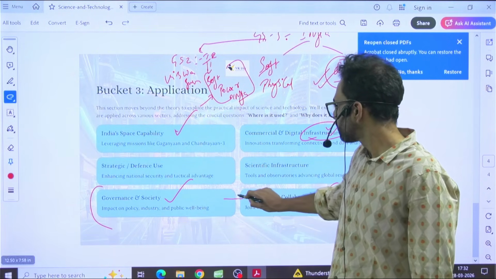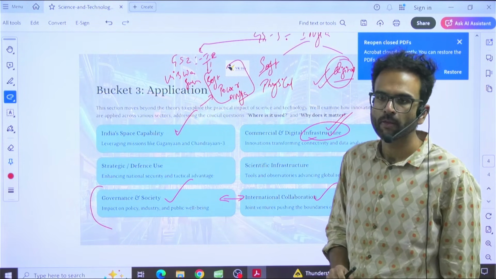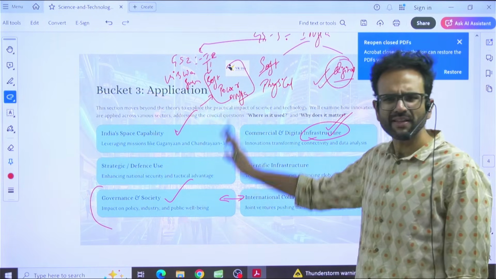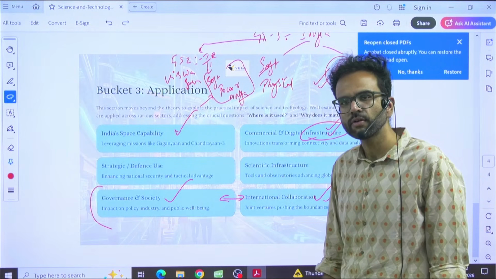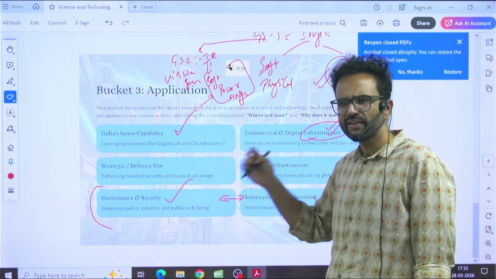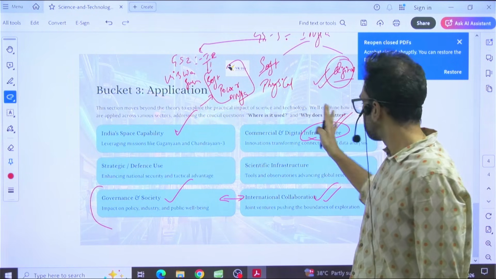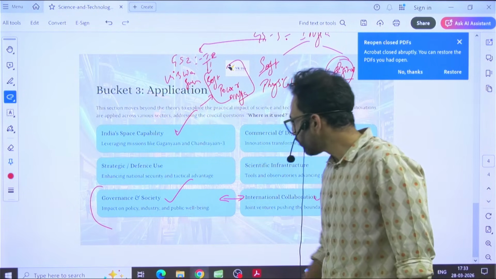This part is more important for your mains exam. Okay, it can be asked, but a mere mention. But given the vast syllabus we have and the wide variety of topics we have, you are less likely to see this kind of questions in the space sector. So these are the 3 broad categories that you can expect questions. And like I told you,